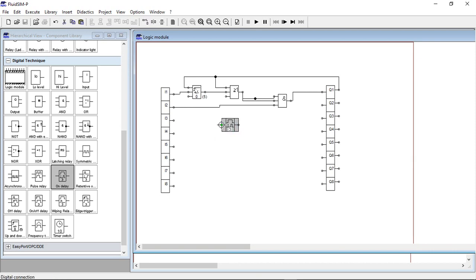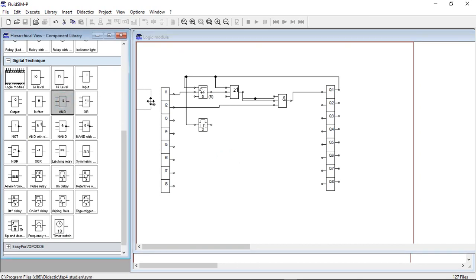Okay, whenever my Q... let me connect it with my output. Okay, so when Q is high, then this one will start counting. Okay, and I will add an AND gate